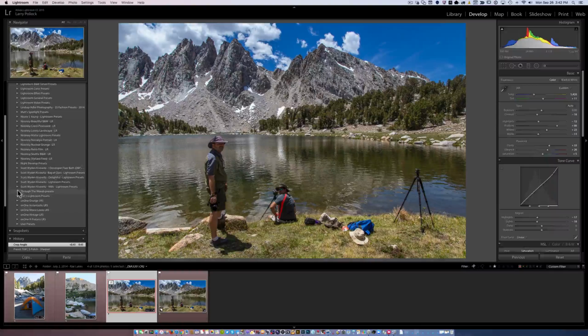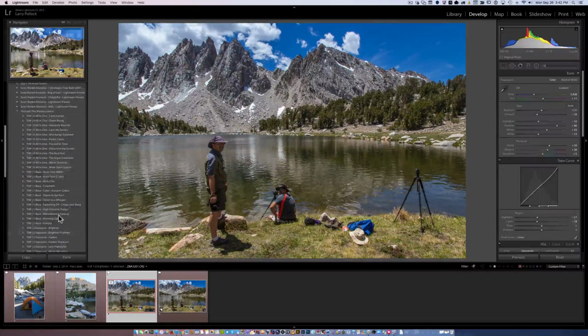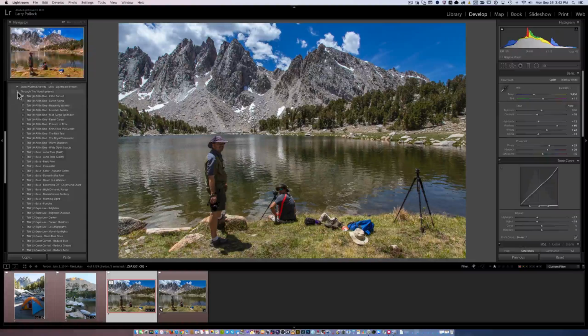So let me go over to the left side, and here are the Through the Woods ones right here. So I've got these opened up here. I just click that little arrow, and you see as I hover over things that the image up in the top will give me a quick preview of what these will do. And these ones here are Through the Woods,